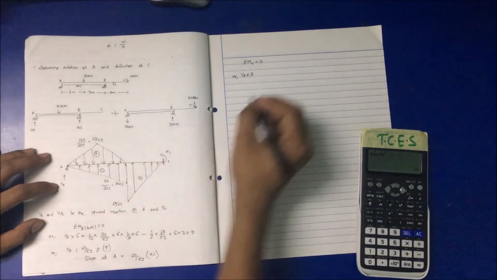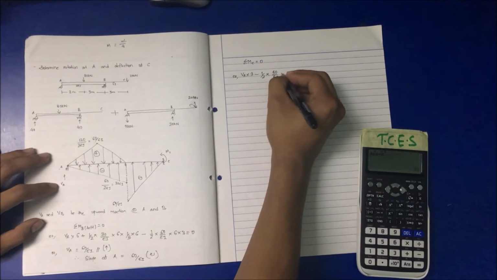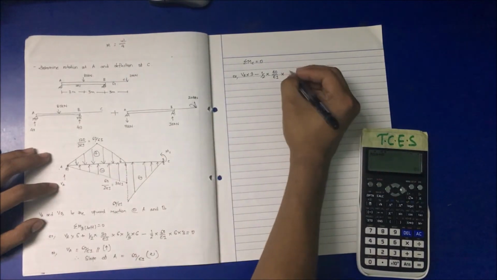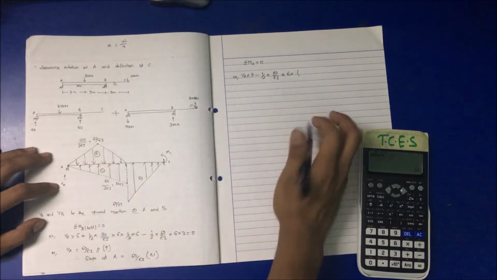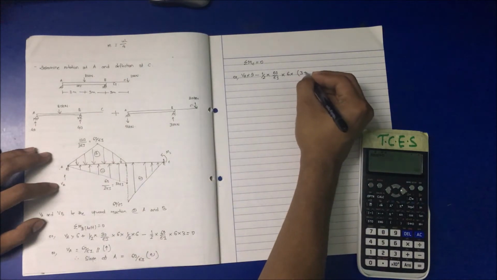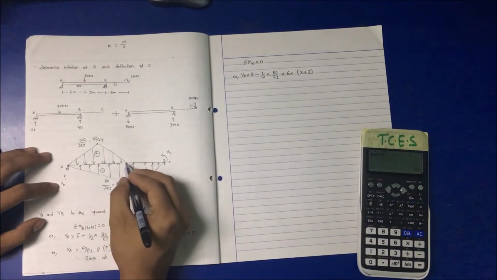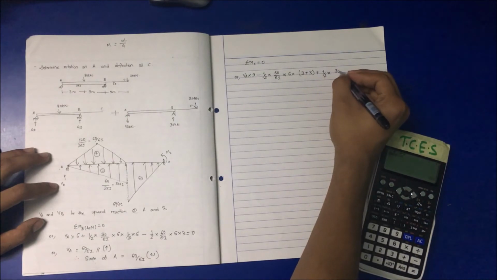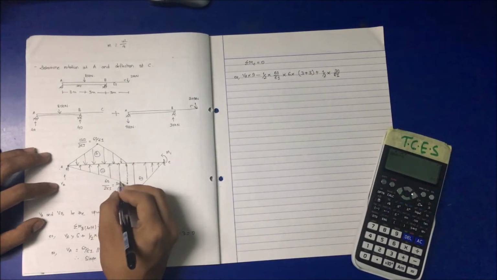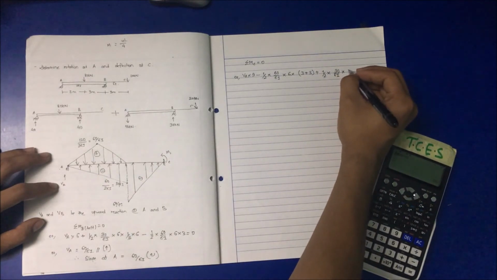It will be giving anti-clockwise, so minus 1 by 2 into 60 by EI into distance 6, multiplied by the half span of the given loading, that is 3, plus this distance 3. Then for this portion, again a triangular portion, so 1 by 2 into 30 by EI, the distance is 6 meter again,